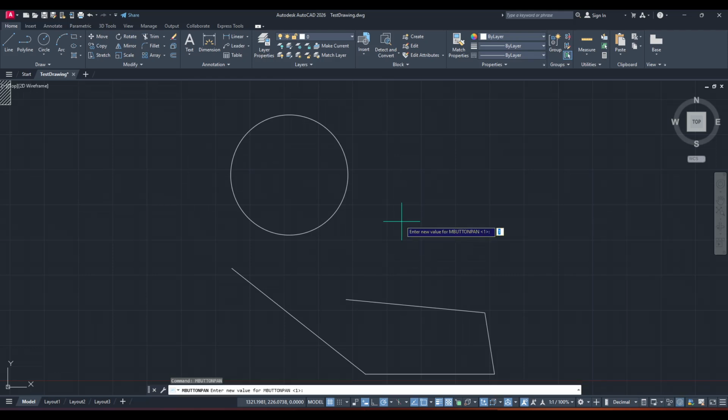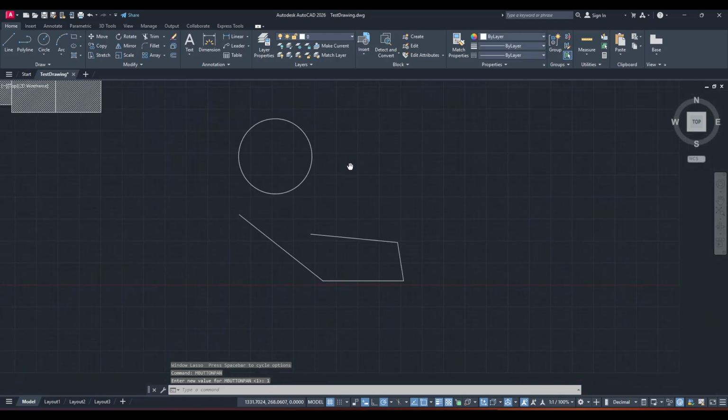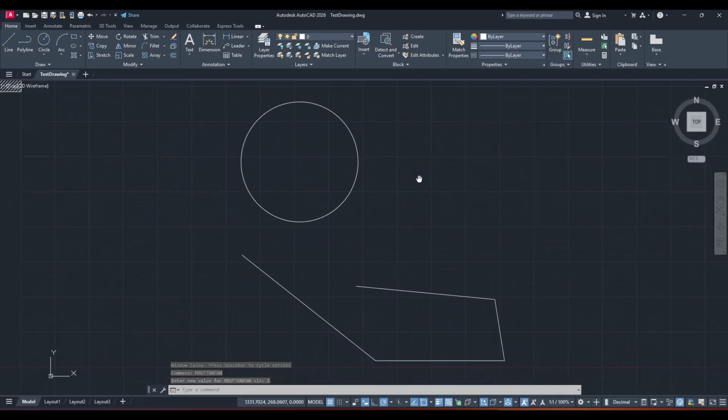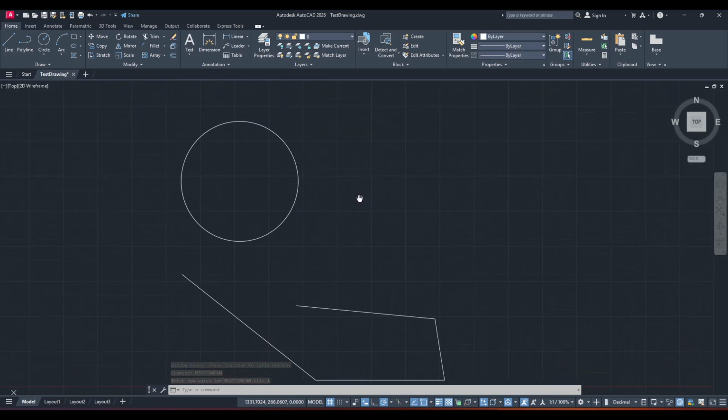After you press enter, AutoCAD will prompt you for a value. Type 1 and press enter again. Setting MBUTTONPAN to 1 enables the middle button to control panning. If it had been set to 0, the middle button would behave like pressing enter, which explains why dragging wouldn't